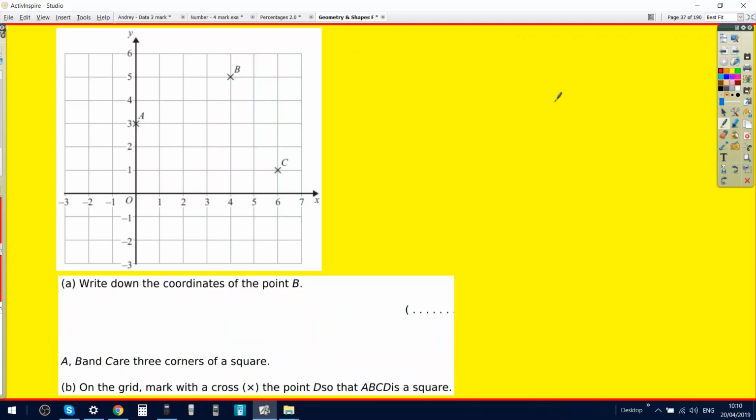How about this one? The coordinates. Just this second part. Three corners of a square. Mark it if it's a square. So it's 1, 2, 4, 5, 6. So 2 across, 1, 2, 4 down. So